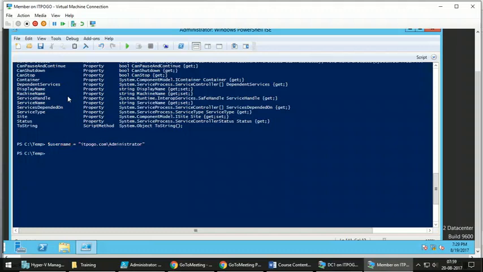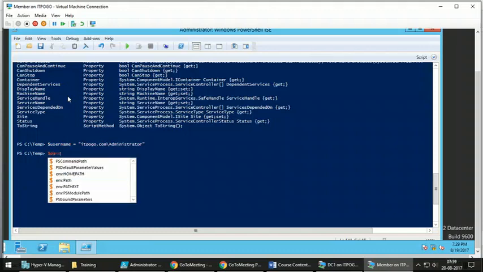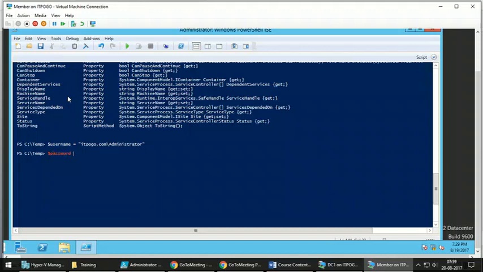Then the password using which we are connecting to that virtual machine. Since this password has a special character, that is $, you should keep it in single quotes so that $ will not have a special meaning. Otherwise this $ will be considered as a variable. When you put it inside single quotes, it will be considered as a literal string.